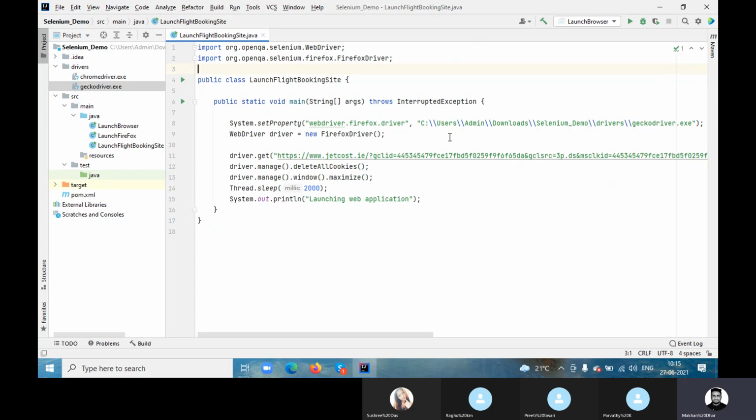Okay, so now let me run the script. Let's see whether it is loading or not. So the first thing we are doing is just launching the site.